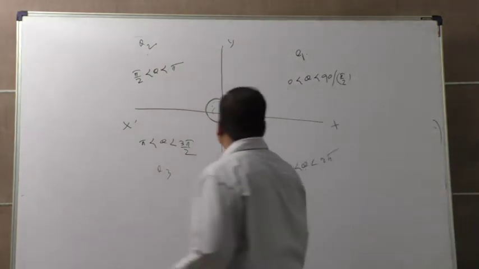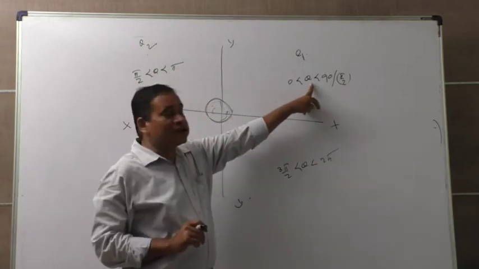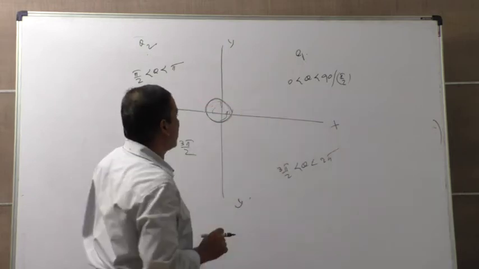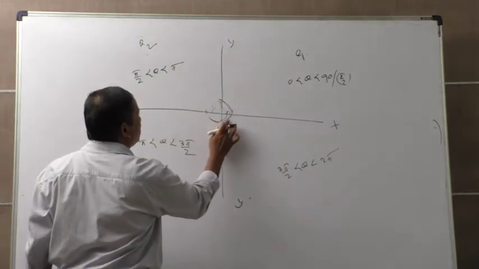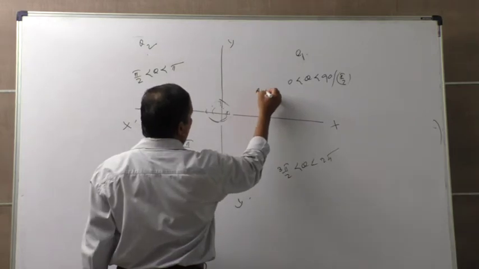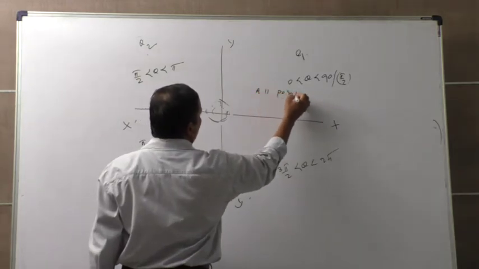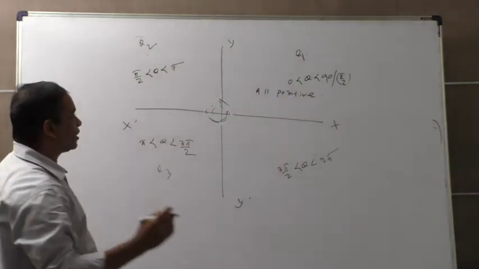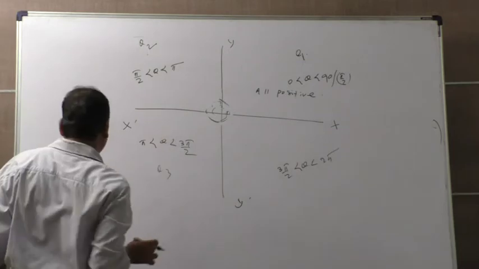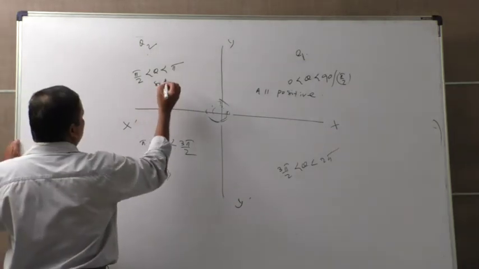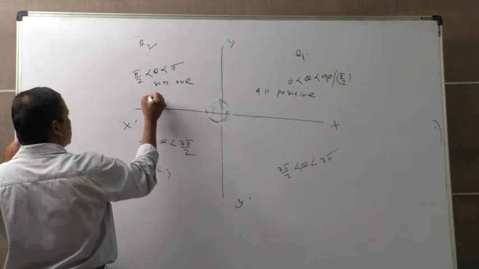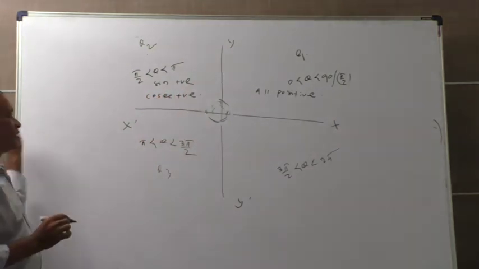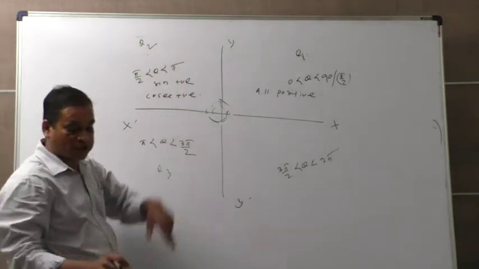We have theta as the acute angle, means less than 90. In first quadrant, all positive. All positive means sine, tan, cos, all values are positive. In second quadrant, only sine positive. Its opposite, cosecant, is positive. In second quadrant, sine positive or cosecant positive.